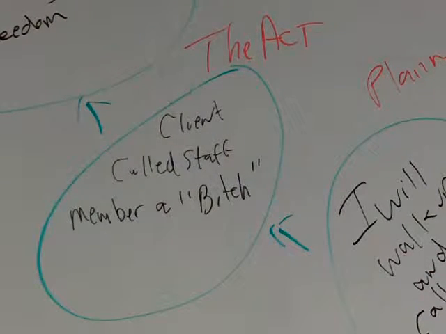This is Lori Eccleston, and I'm going to take you through completing an addiction offender cycle. The addiction offender cycle will start with the ACT, and this is just an example that we did in class the other day. The client in the treatment facility called the staff member a bitch. Okay, that is the actual behavior that occurred.